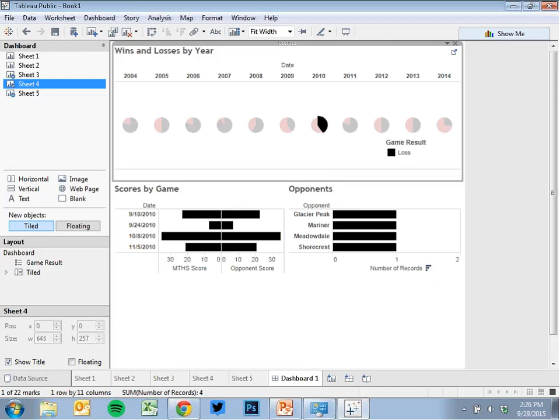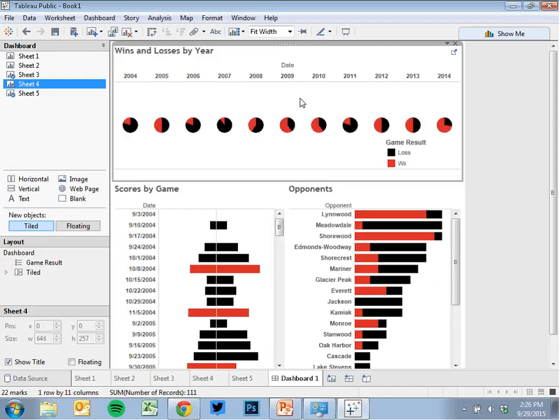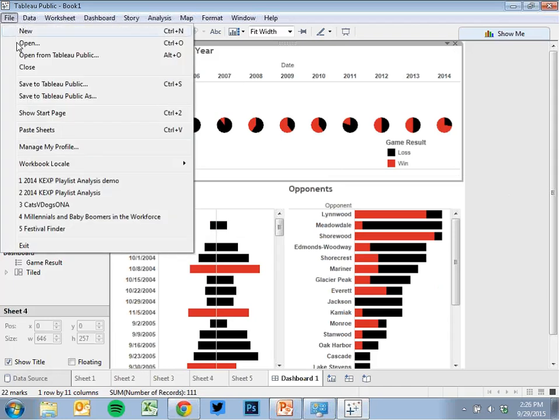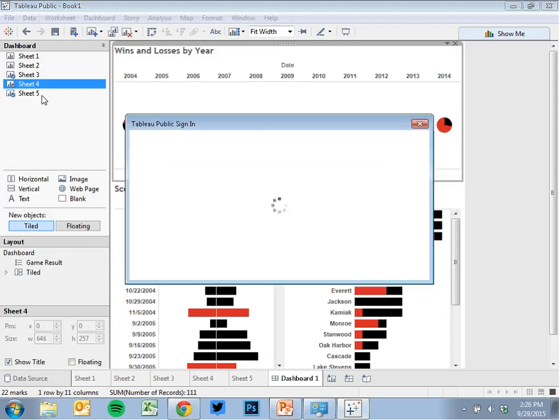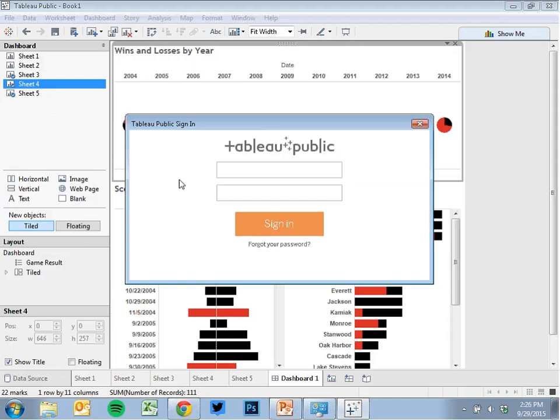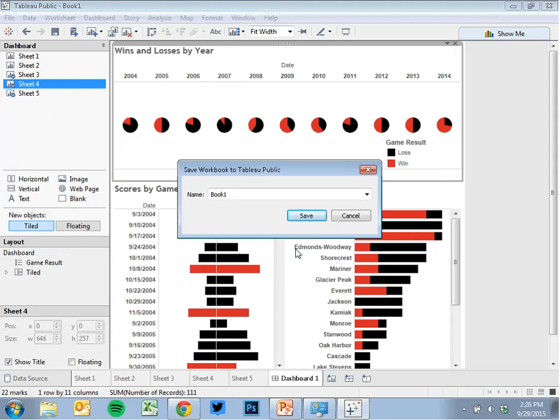So once you think, okay, this is something that I think my readers will like and I'm ready to share it, all you have to do is go to File and save to Tableau Public. Anyone who publishes on Tableau Public has a little account, which gives them a profile, which is kind of cool because it's like a portfolio of your data viz work. If you are looking to do journalism later on, if you start building your Tableau portfolio right now, you can say, look, I've been doing data journalism for like 5 years already. Here's all the stuff I did in high school.